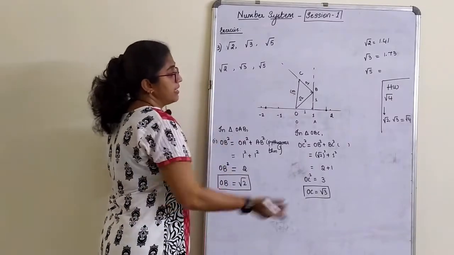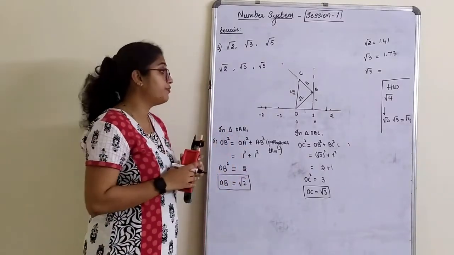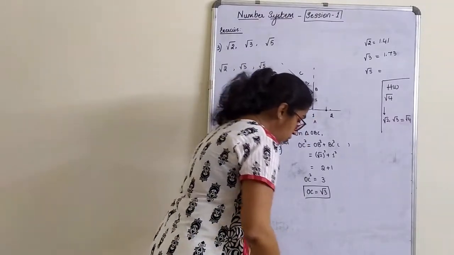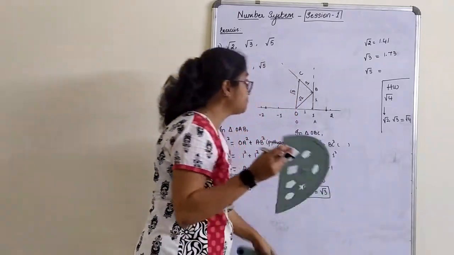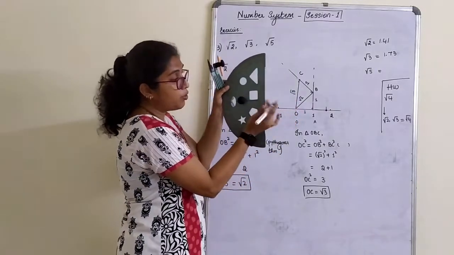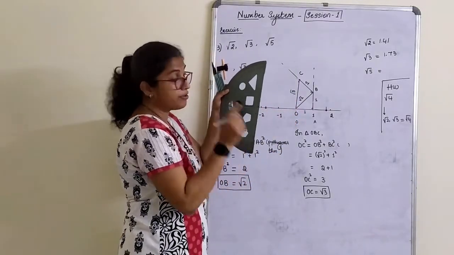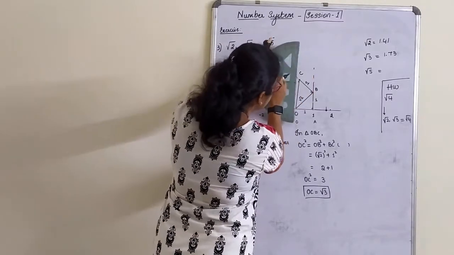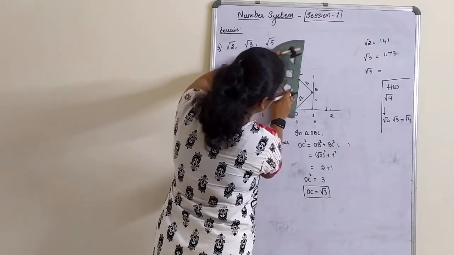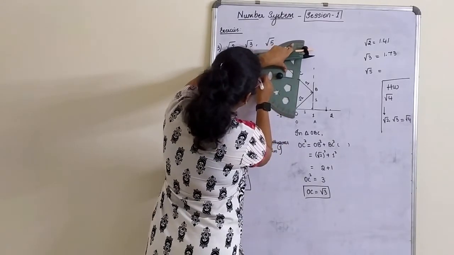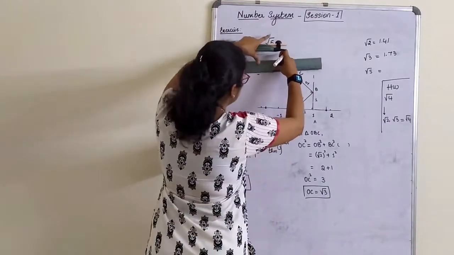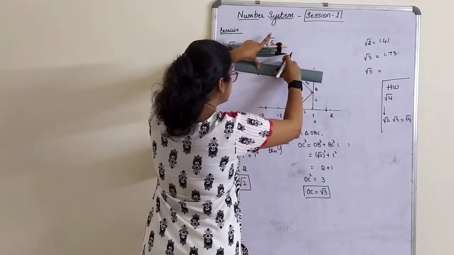To construct the next number on the number line, first in your book you should draw root 2, root 3. On root 3, again the same old thing: marking 90 degrees. Now how will 90 degrees come? This point in your protractor has to coincide with C, along a straight line on the protractor. That way it has to go. So my 90 is coming here. I will mark a 90 degree angle with respect to point C.